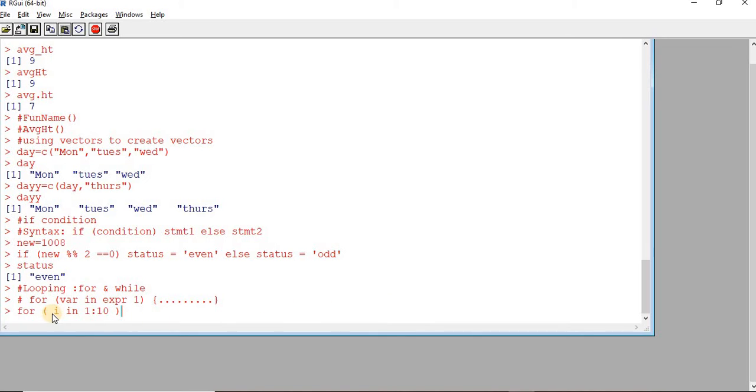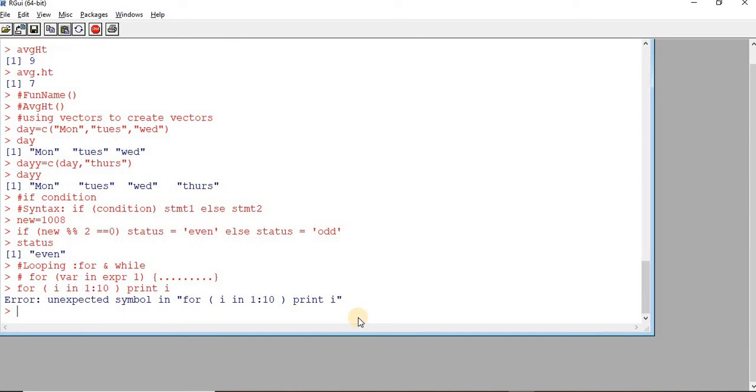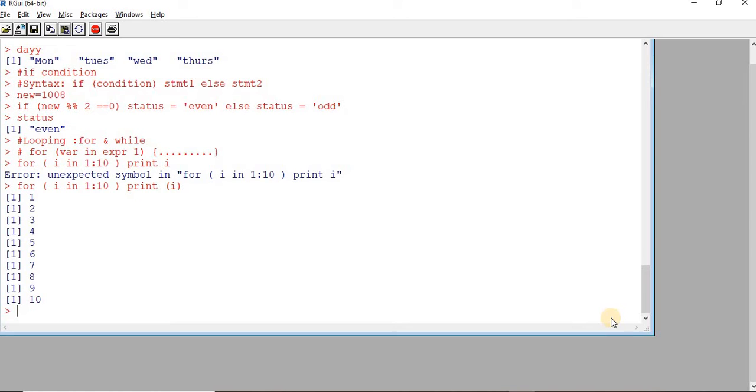So 10 times it will run, whatever you want to perform. Say I'm printing i, right? So now here the most important thing is the parenthesis. So print is a function, so we have to give it in parenthesis.